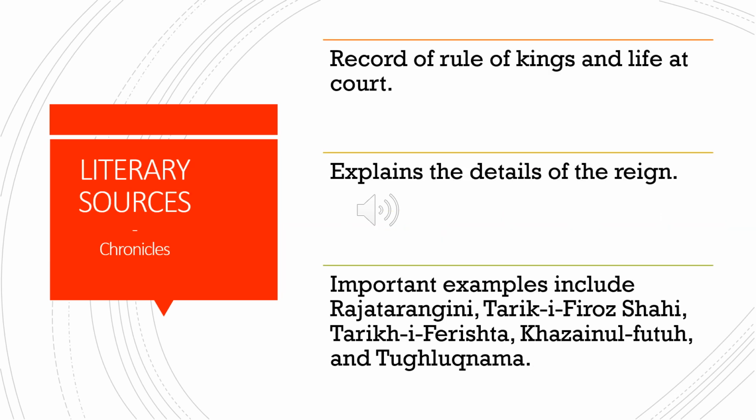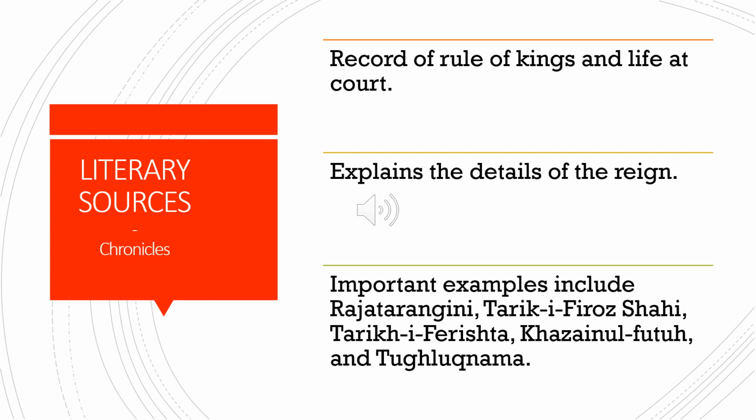The first kind of literary sources are chronicles, which record the rule of kings and their life at the court. Most of the chronicles have the details of the reign of the king. A lot of these are in Persian and Turkish. The important examples of prominent medieval period chronicles include Rajatarangini by Kalhana, which is about the history of kings of